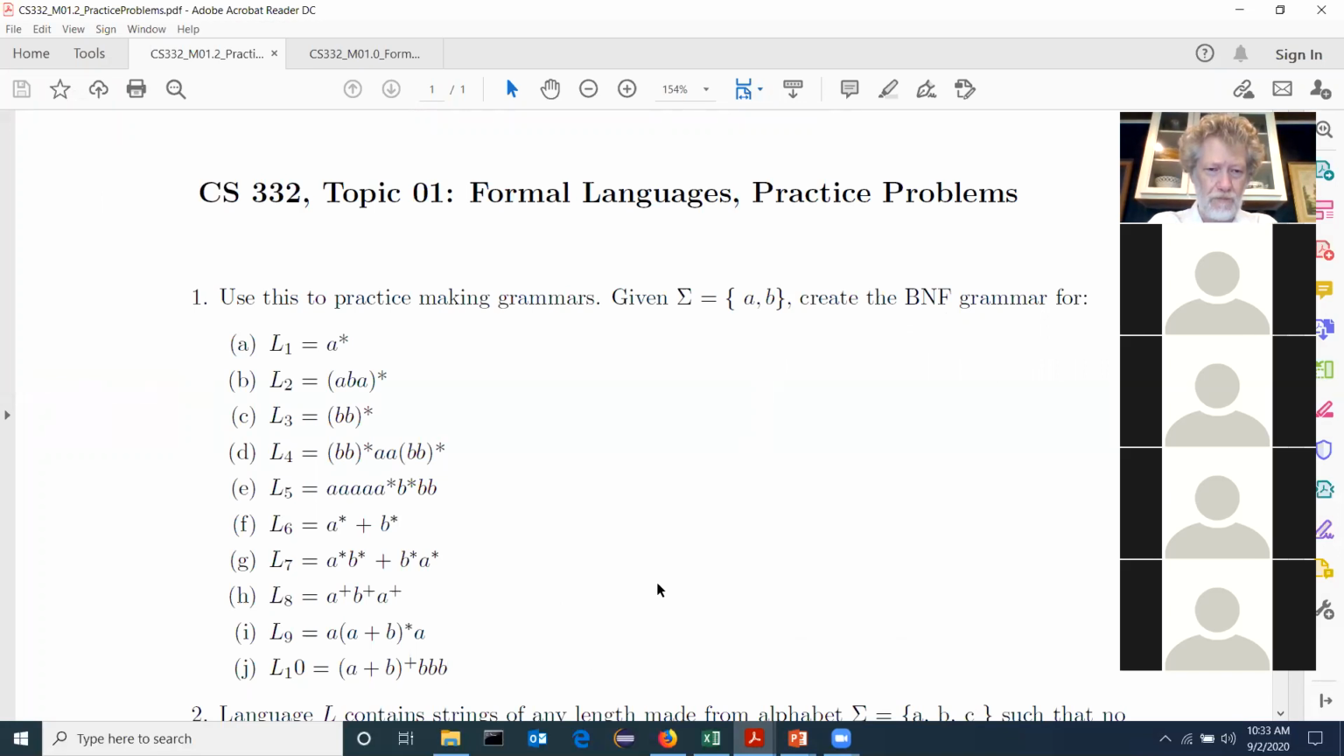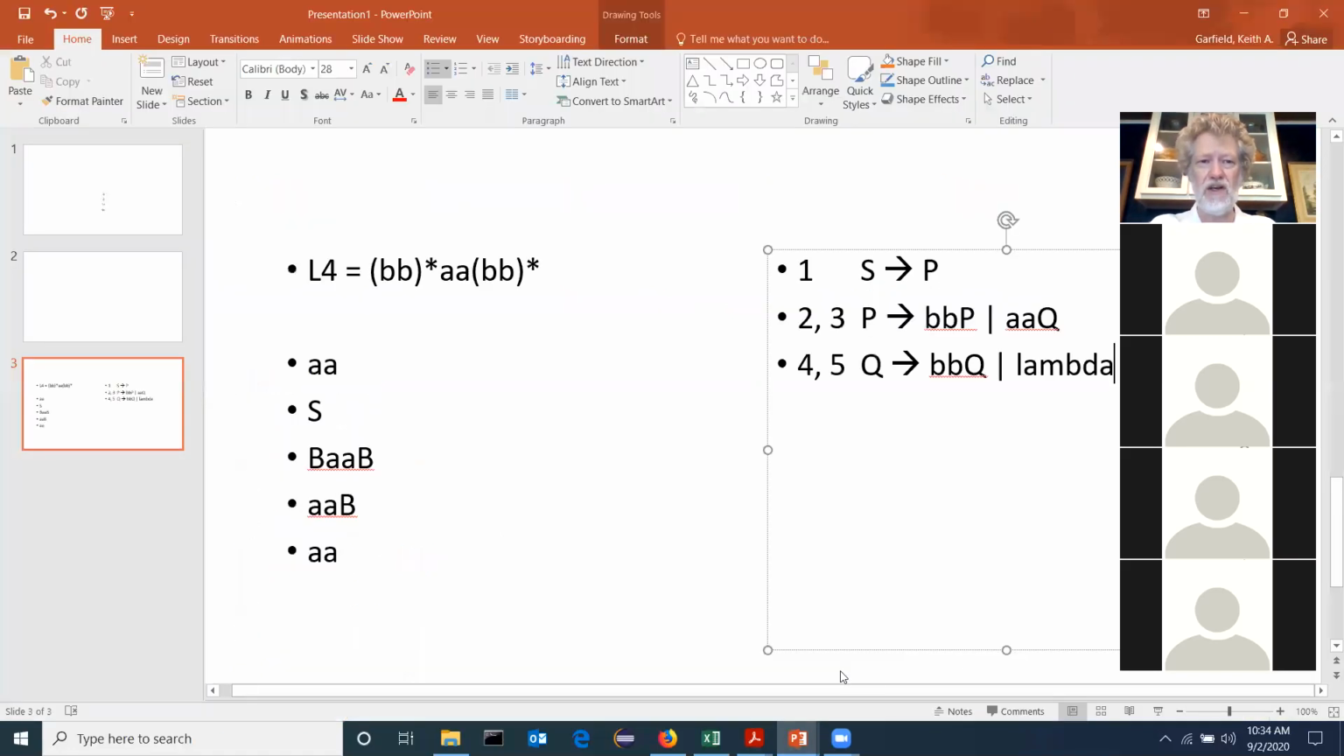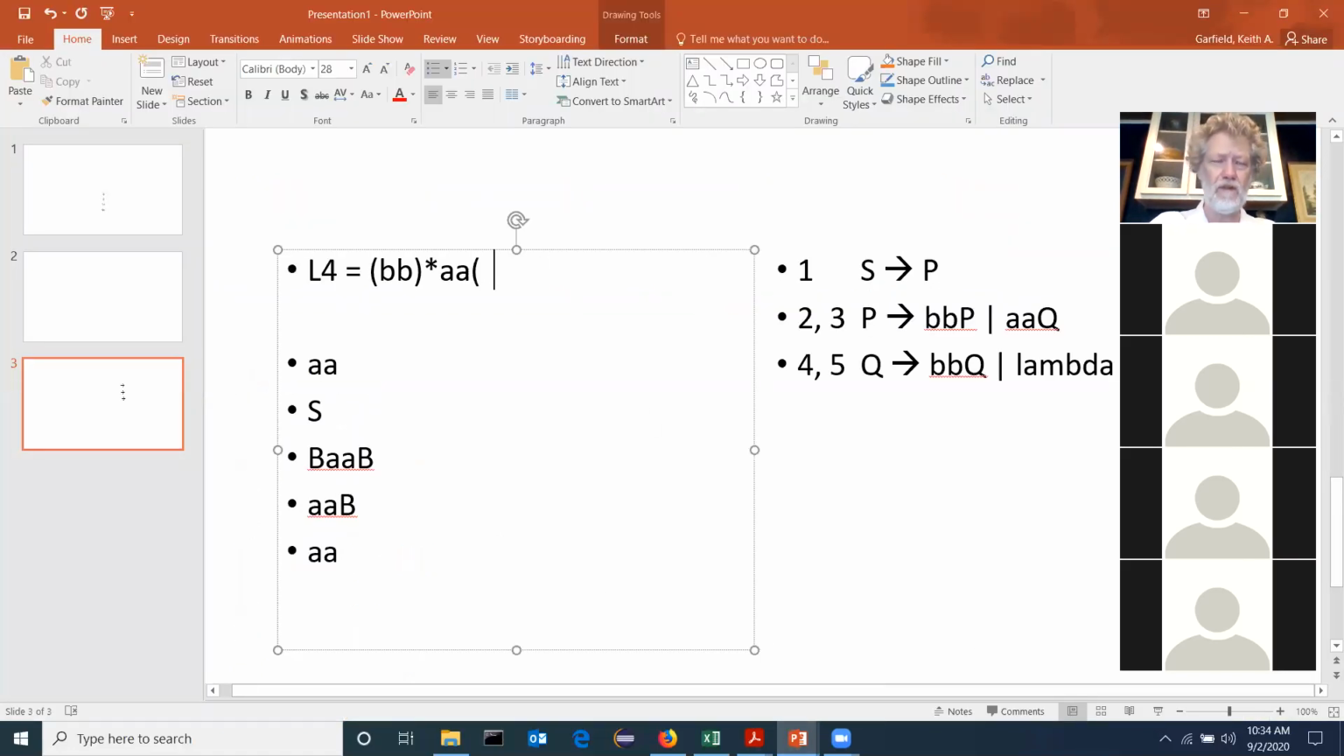Let's see. This is all possible strings that end in BBB, and you have to have at least one A or at least one B before that. These are strings that start and end with A. Let's do L9. L9 is going to be the same trick. L9 is